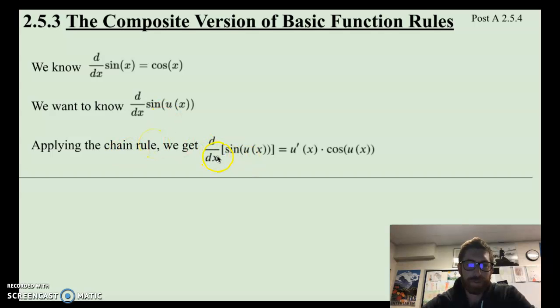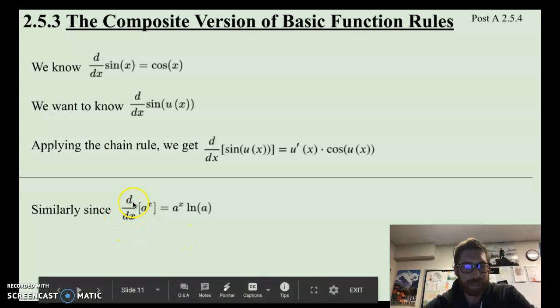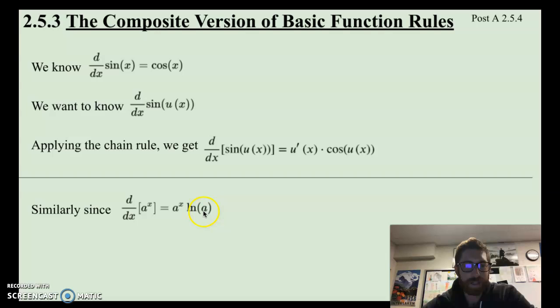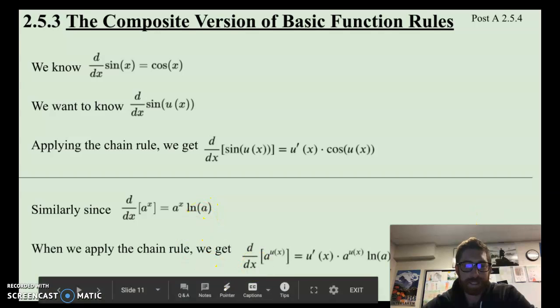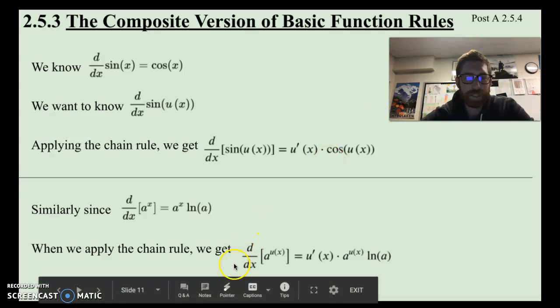Applying the chain rule, we get the derivative of sine of u of x to be u prime of x times the cosine of u of x. Same thing here, right? We kind of lied to you about this one too. Don't tell your parents. The derivative of a to the x is a to the x times ln of a, but technically, there should be a u of x, right? So sometimes it's a 2x, sometimes it's an x squared, sometimes it's an x to the 4th, right? The derivative of a to the u of x, or to the quantity u of x, equals u prime of x times